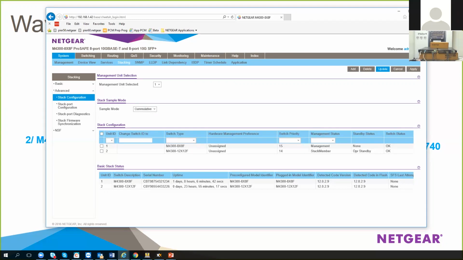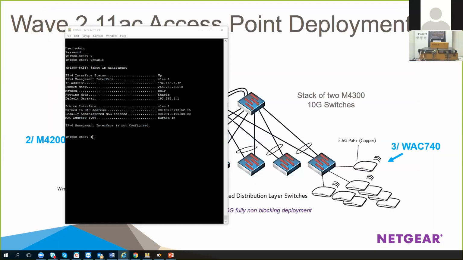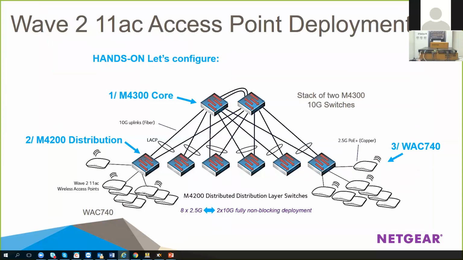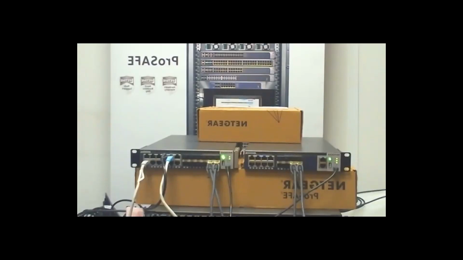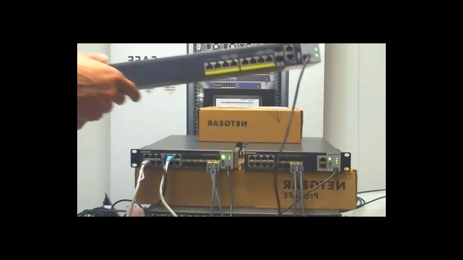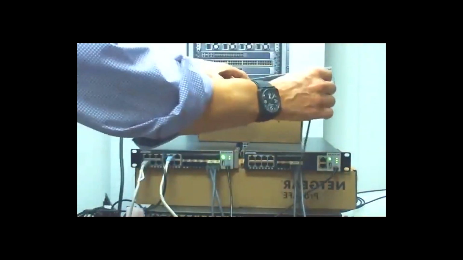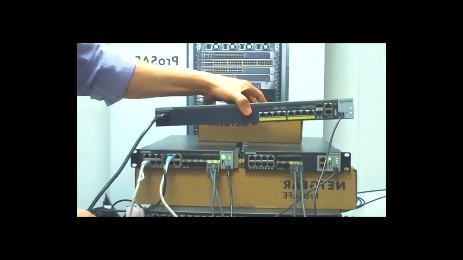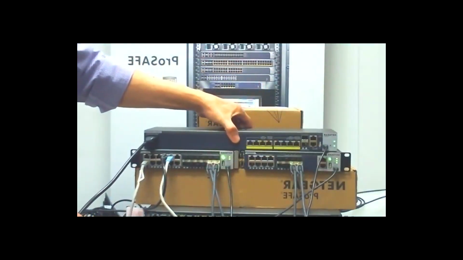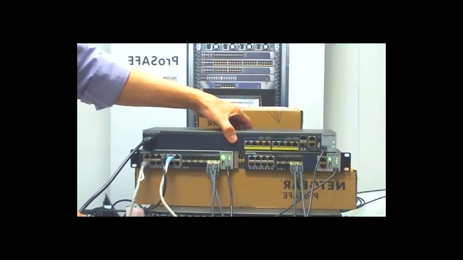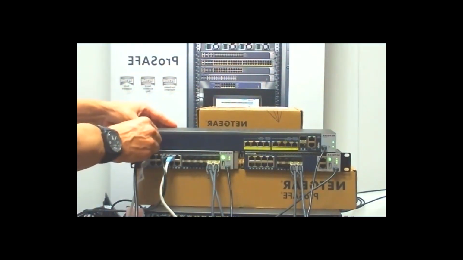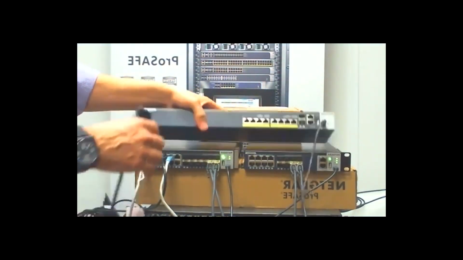Okay, so let me take this away, stop sharing. Now, I want to deploy and get that 4200 switch placed in. So the 4200 switch is over there. I am taking it. You see it's coming. This switch is already plugged on the USB serial console. This switch is factory default as I speak,